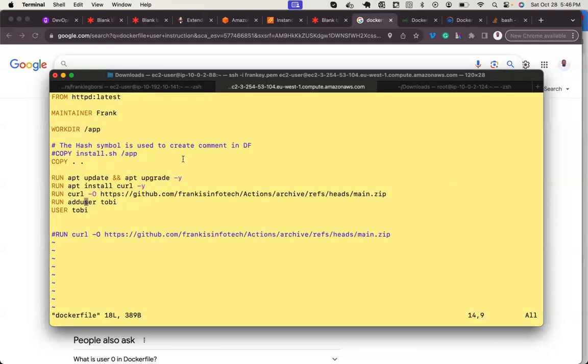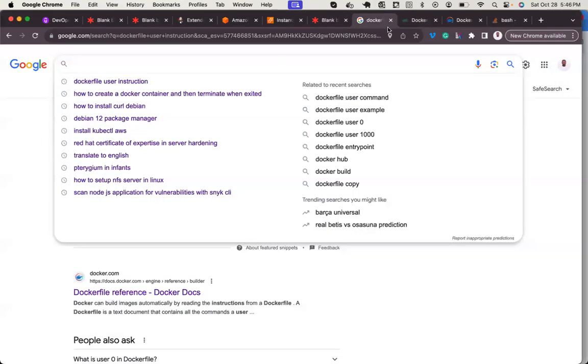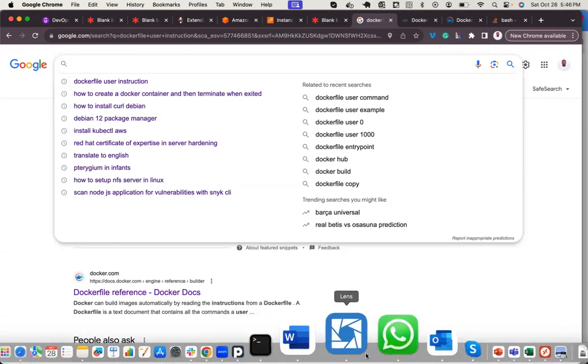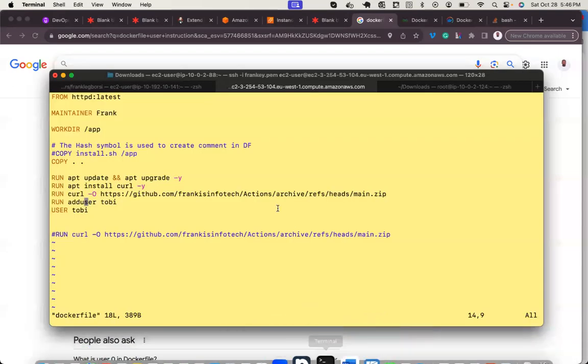Okay, adduser. Let me show you: on Ubuntu, when you use the adduser command, it's going to ask for a password. So that password part, we are not getting. So let me show something. How to pass